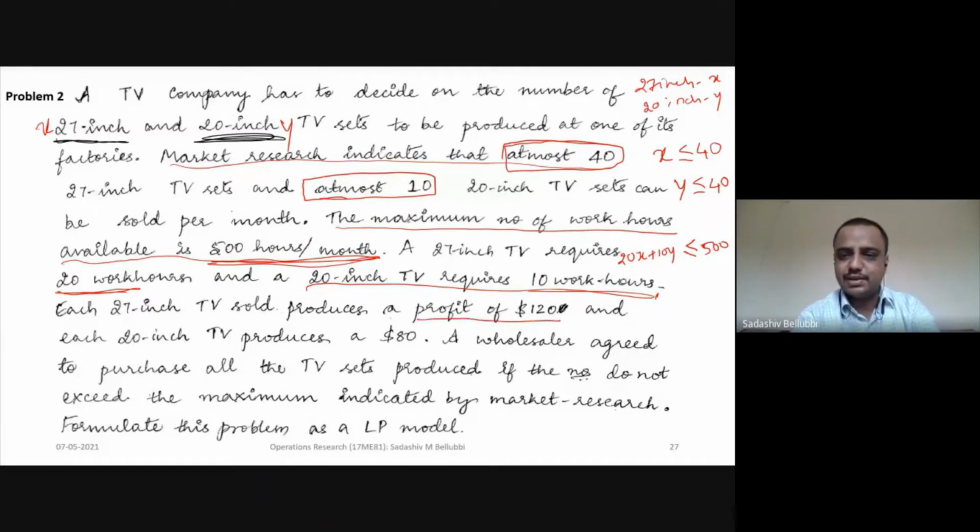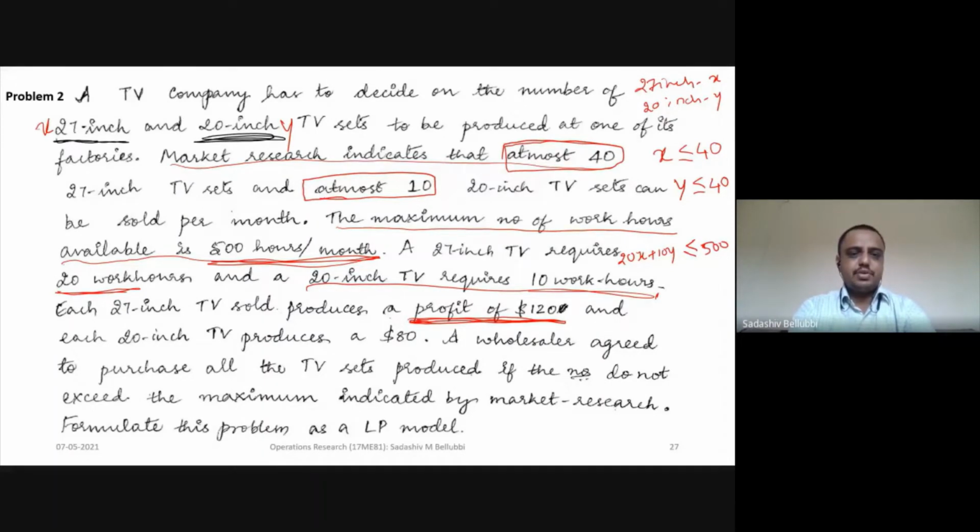From this statement we can say that this is a maximization problem, because whenever we talk about profit, our intention is to increase the profit. If you are talking about production or cost or transportation, then it should be minimization. Let me clarify once again: if you are talking about profit, our aim is always to increase it. If you are talking about production or cost, then our aim should be to minimize that cost.